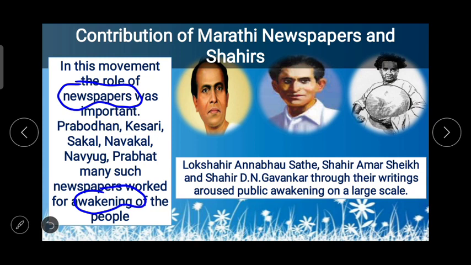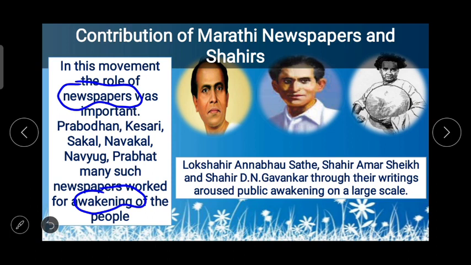role. So प्रबोधन, केसरी, सकाल, नवाकाल, नवयुग, प्रभात, ये सारे न्यूज़पेपर तो थे ही, बल्कि बाकी लोकल लेवल पे भी ऐसे बहुत सारे न्यूज़पेपर्स थे जिन न्यूज़पेपर्स ने संयुक्त महाराष्ट्र मूवमेंट में बहुत ही बड़ा रोल अदा किया थ्रू द आर्टिकल्स एंड द न्यूज़ ऑफ द एजिटेशन और ऑफ एनी डेमोन्स्ट्रेशन. तो लोगों को क्या होता था, मोटिवेशन मिलता था और वो पार्टिसिपेट होते थे इस मूवमेंट में. सो ऑल दिस थिंग्स वर वेरी इंपॉर्टेंट, एंड नॉट ओनली दिस बट द